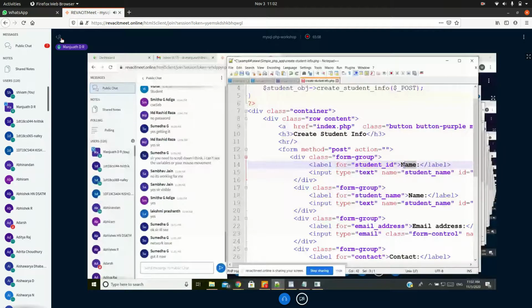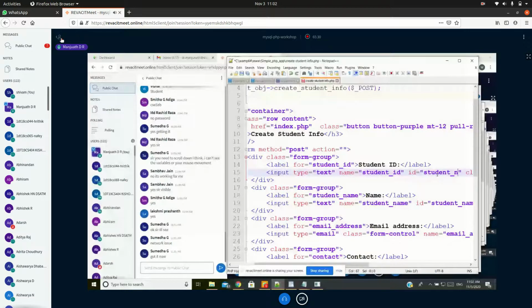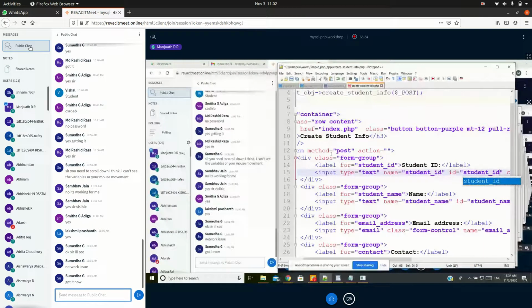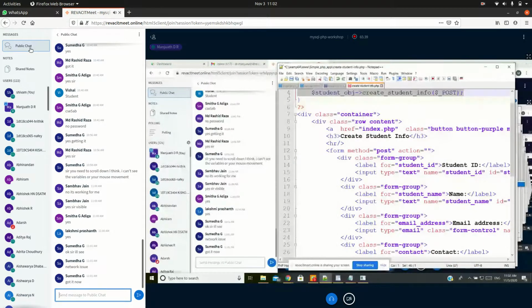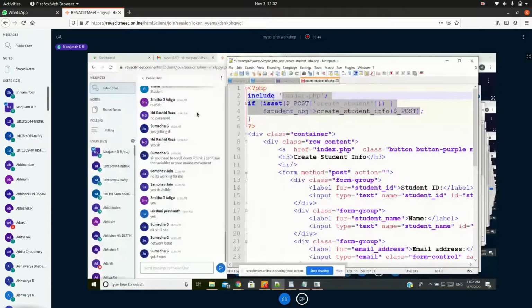So this is the view I am doing. This is student ID. This is just a label, and this is very important: the variable name and the ID that we are giving, give the same value in the model. This is the view I have done, and the controller is going to grab the data here. This is my controller, and in this controller I am writing this view.